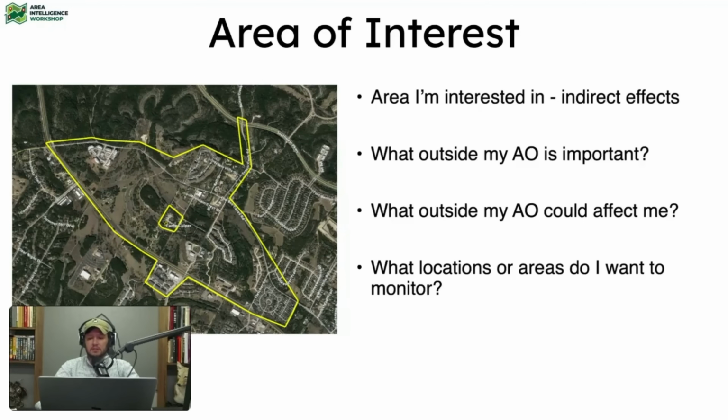Here's a question. Mike, do you care about these arteries into your AO just from an informational standpoint, or from an access denial or a control standpoint? That's a good question. It depends what my mission is. If I'm trying to keep out the zombie apocalyptic horde pouring out of Austin like locusts into my area, yeah, I might think about area denial.